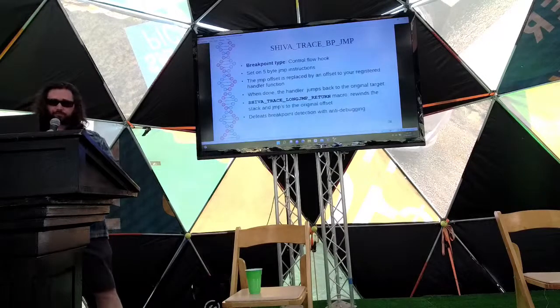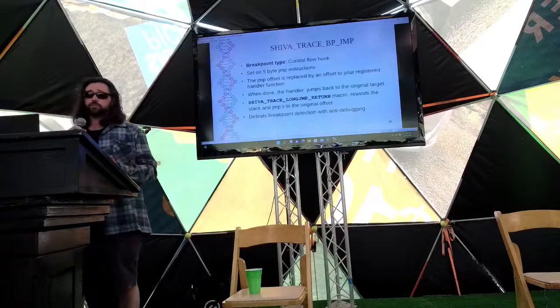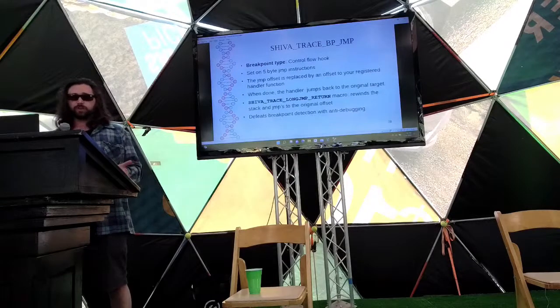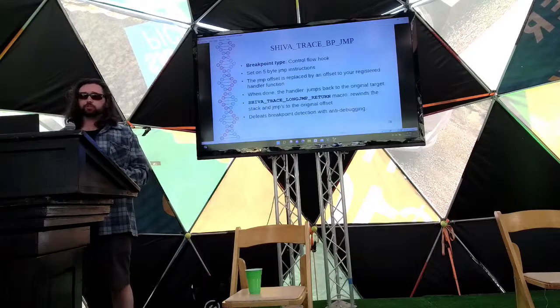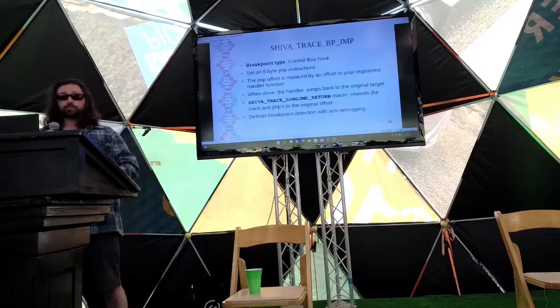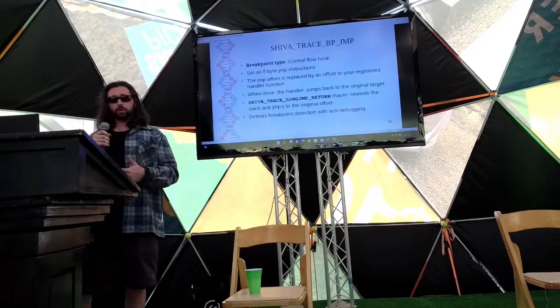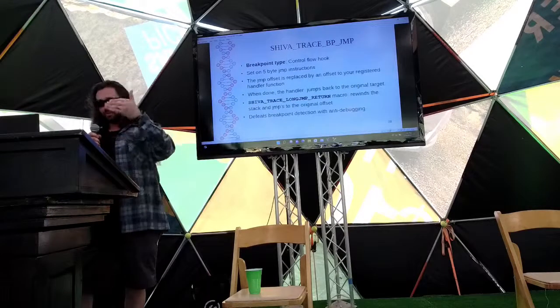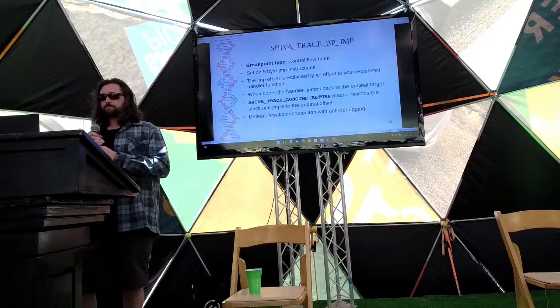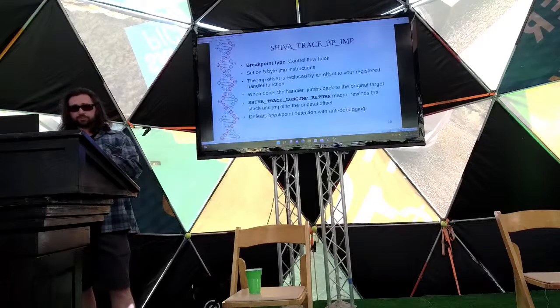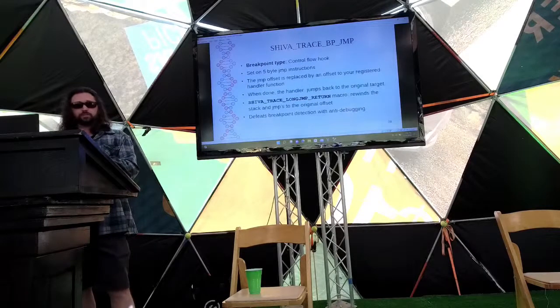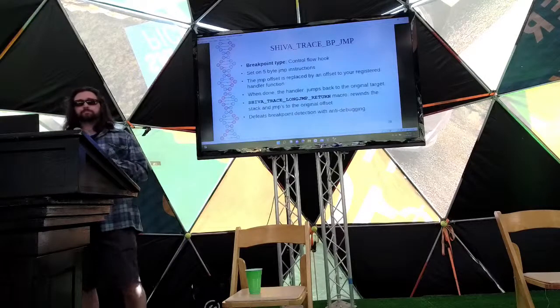So the first type of breakpoint we'll go over is called a Shiva trace BP jump. It's essentially a jump breakpoint. It's specifically useful for instrumenting branch instructions, jump instructions. So if you want to put a handler, a callback function that gets hit on every single branch instruction, this can be done. This particular breakpoint type actually still needs a little bit of work, but essentially, let's say you